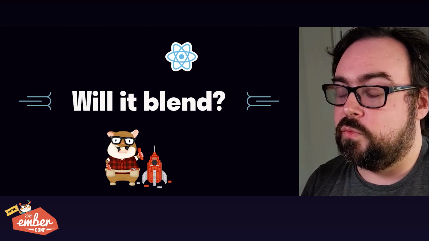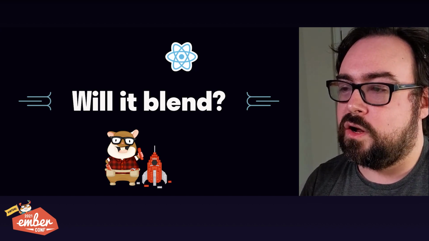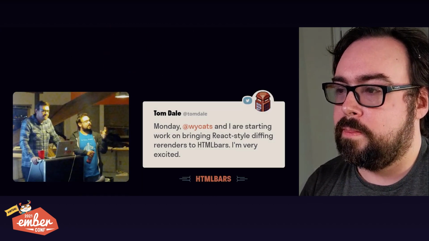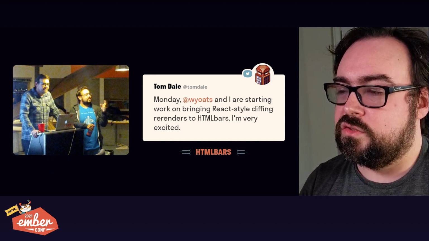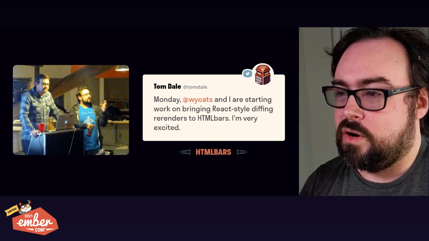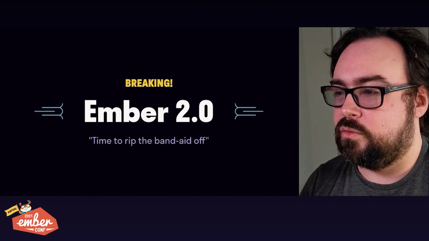But here's the good news, we thought. We've been building a system for doing evolution, and this is what we've been building up to. So Tom and I set to work on a rethink of our rendering engine. We got one-way data flow, we got coarse-grained updating, and the results were competitive. But there was a problem. We hacked and slashed to make it compatible with 1.12, and we couldn't wait to get rid of the code.